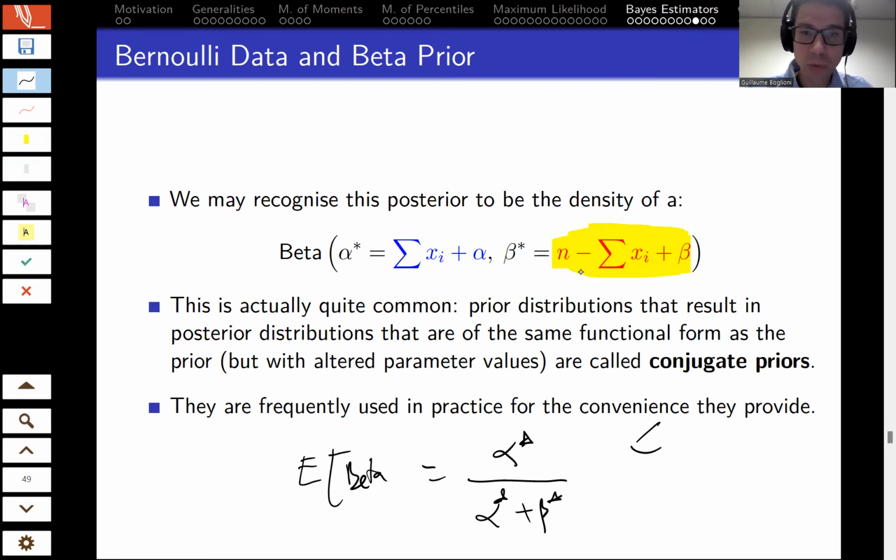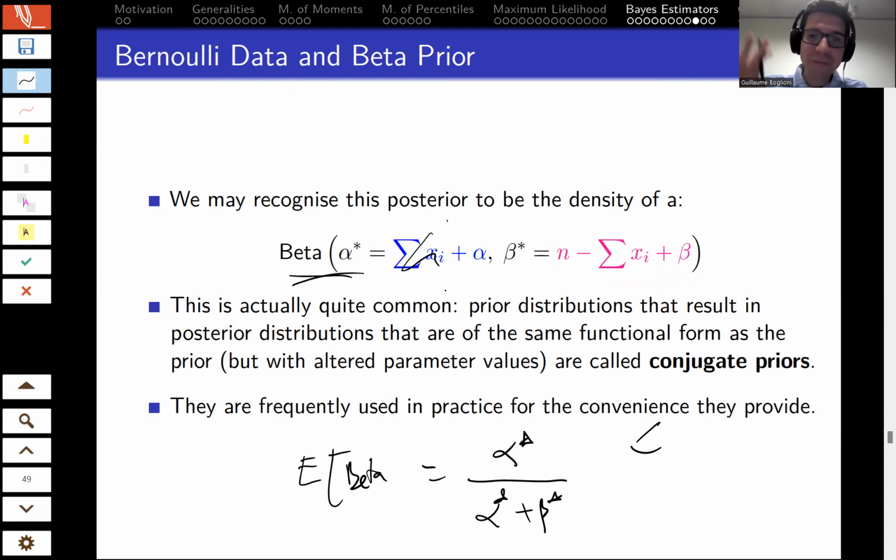And on the denominator, you have the opposite, there's a minus sum. In fact, alpha plus beta here cancels out, right? The denominator actually doesn't depend on the sum, but the numerator does in a linearly increasing manner. So the higher the sum of the x's, the higher your mean value for the expectation of this beta,